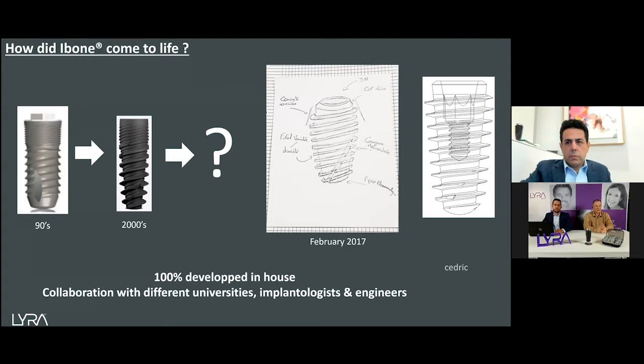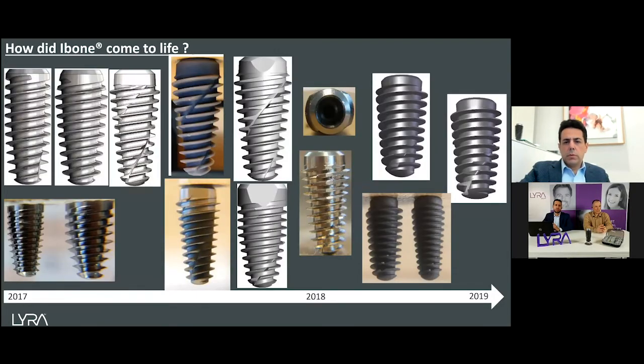We started with a small draft, a small drawing of the implant, to try to find a solution to reduce the quantity of titanium and to have good stability on the apex and on the coronal part, the top of the implant. On the next slide, we have some different drawings and different prototypes. You can see here from 2017 on the left to 2019 on the right. We started to develop some conical implants, a little bit too conical when we started to make the tests. We started designing again, with more tests. We worked with different doctors, Dr. Pinto and others. And step by step, we found something good with a very thin body and